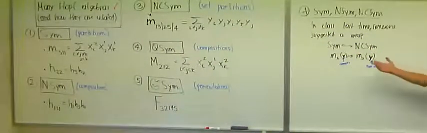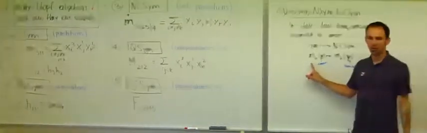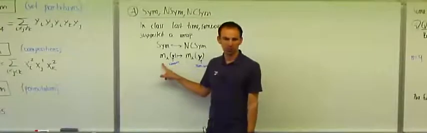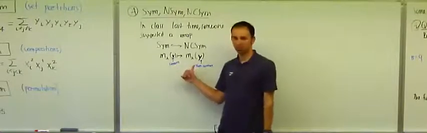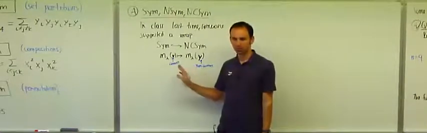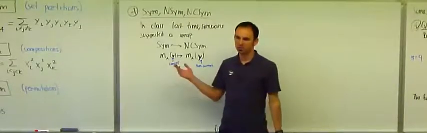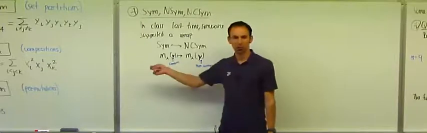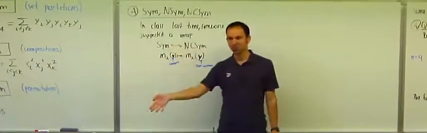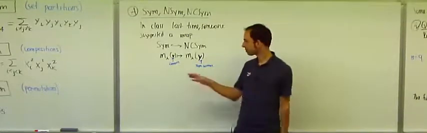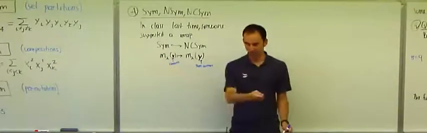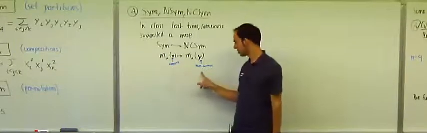There's some issues here. For example, a monomial like x1 cubed x2 can be written in different ways here. You can write x1 cubed x2, you can write x2 x1 cubed, x1 x2 x1 x1, and because the variables commute, those things are all equal to each other. But when you go to map them here, they become different. And so I have to be a little bit more careful about how I define this. But you could say, for example, write the monomial in order from smaller to bigger. So write the smallest letter first, then the next one, and so on, like x1 cubed x2. And this is how we did it last time. So take the monomials, write them in alphabetical order, in lexicographic order, and just translate them into variables that don't